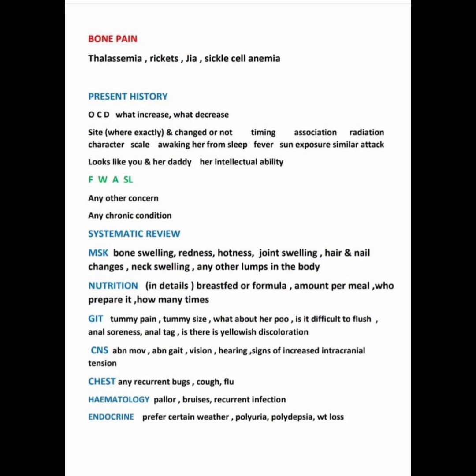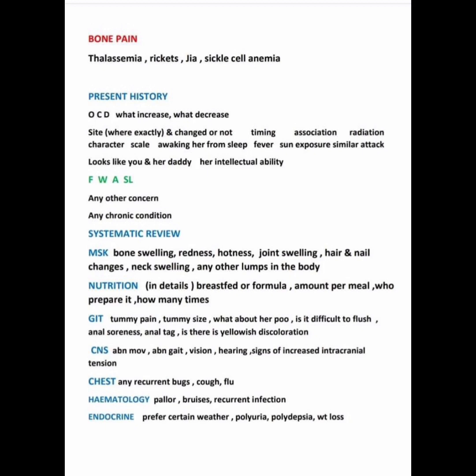Next, site, where exactly the pain occurs and whether it changes or not, timing, when the bone pain happened, association and radiation, whether the pain is radiated or not, the character and scale. Pain scale, we know that it is 1 to 10, and we need to check the severity. We tell this scale. Awakening from sleep, whether the pain awakens the child from sleep, and fever